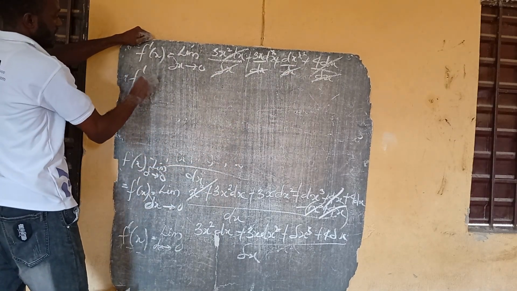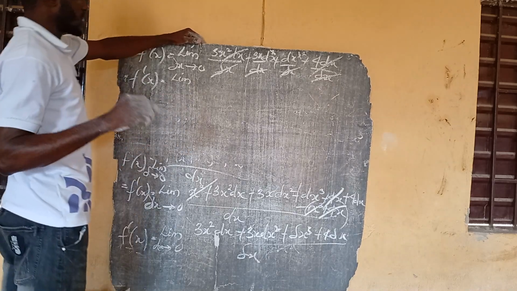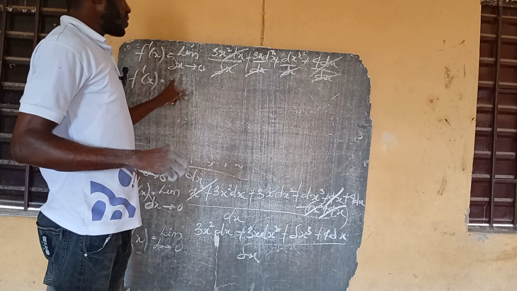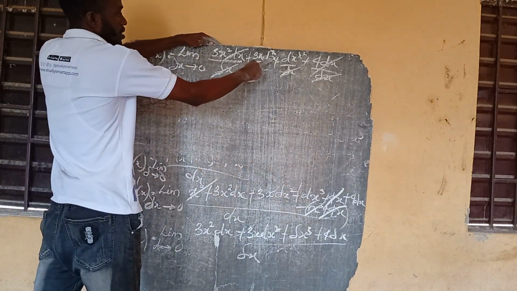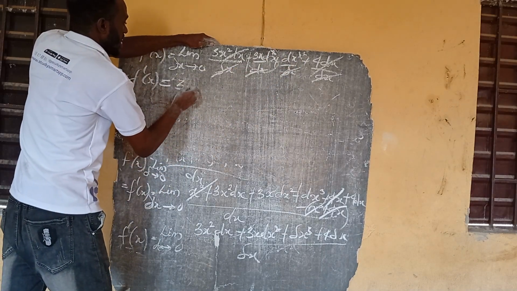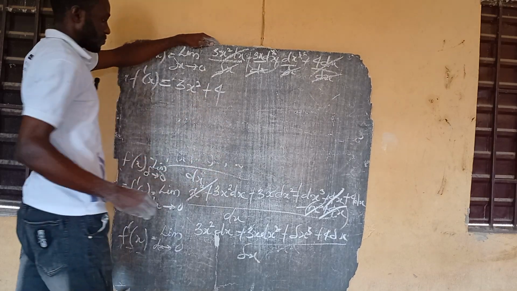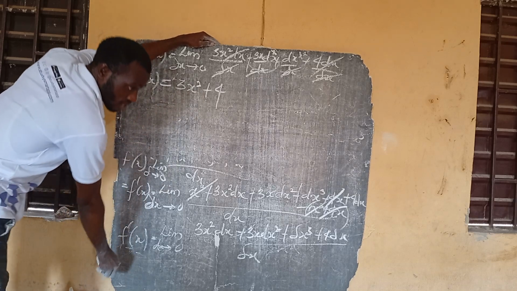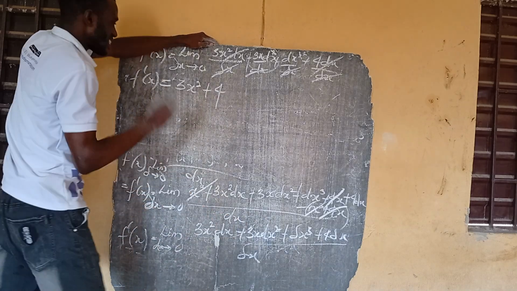So f prime of x will be equal to the limit. Let's immediately take the limit as dx tends to 0. If we take the limit as dx tends to 0, f prime of x will therefore be equal to, this will be 0, this will be 0. Our answer will become 3x squared plus 4. Alright, so it is from this assumption that the general principle of differentiation was derived,